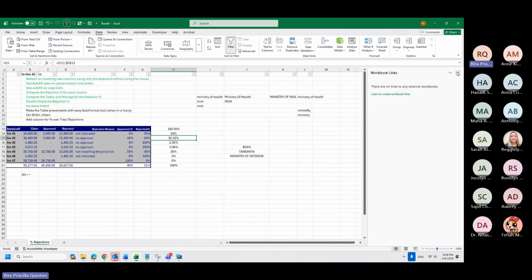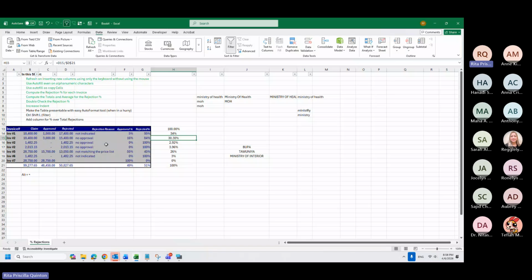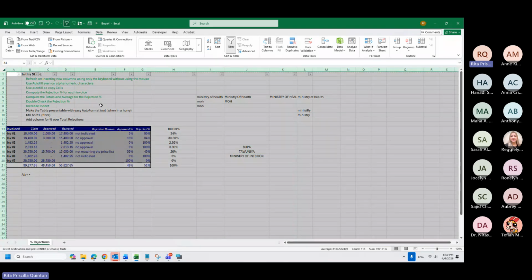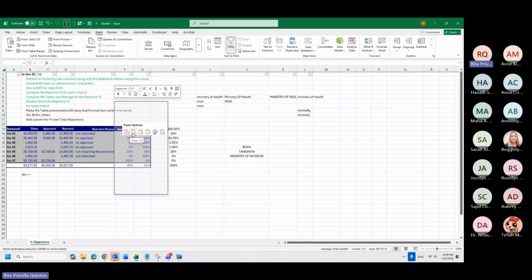So I also do the break links because if it's inside the same workbook, for the recipient to see this formula that I made, it's fine for me. For example, I send this to Sarah. It's fine for her to see that I did D4 over B14. Why? Because it's in the same file. The issue I will have here is that if the file is saved on my desktop and she doesn't have access to my desktop, it will be an error to her. So yes, maybe you're thinking, why not just copy and paste all as values? What it will do is remove my formula here.